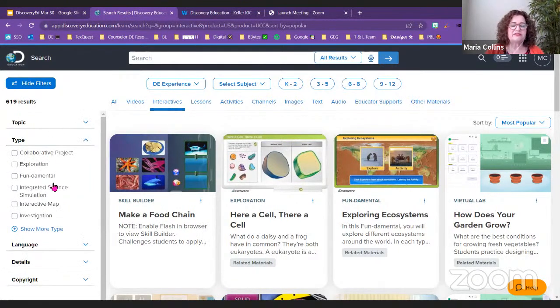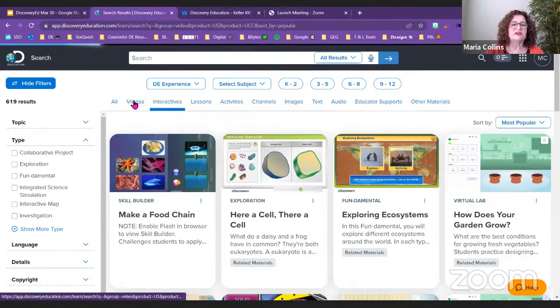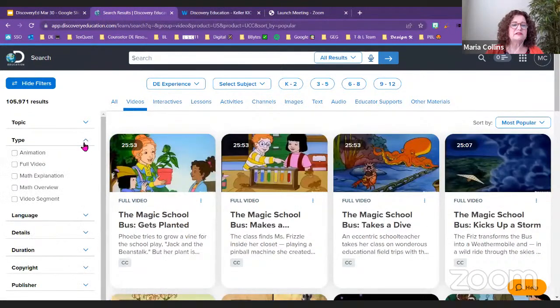But this filter here on the left-hand side changes depending on what you've clicked here. So you can see that the types of things that are offered for interactives are going to be different than the types of videos. So make sure that you're using all of the different filtering tools, including a keyword. That's what I would highly recommend.